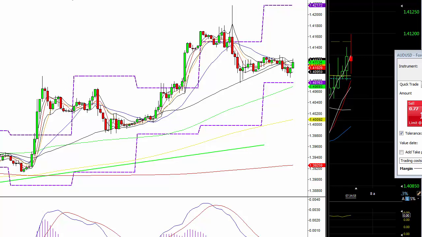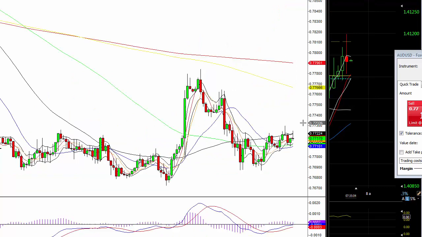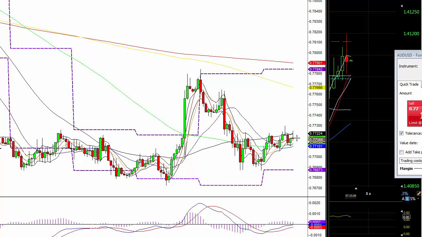So we shall see. Now let's go and have a look at the Aussie dollar, because if cable comes up, hopefully the Aussie's not done a lot this morning, but if the Aussie pokes up, then I will look to get that second unit. We only put the one lot in on Aussie dollar, so if it does give me a little bit more,